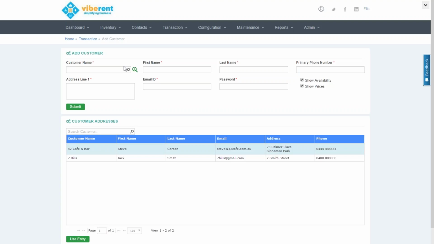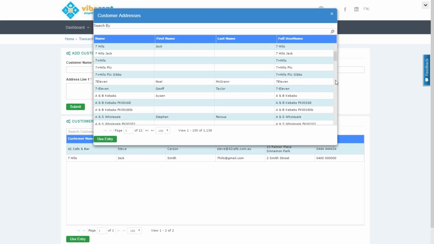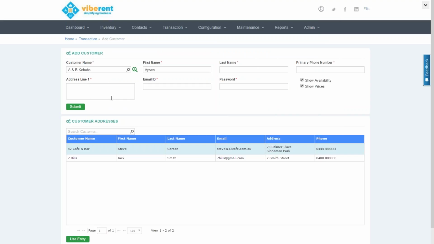So as a rental business, you choose whom you want to give access to for the portal. So simply select the customer who you want to give access to. For example, I want to provide access to this particular customer, A and B Kebabs. Right? And then you can specify their details, and you can specify their phone number, and then you can include their address, and their email ID